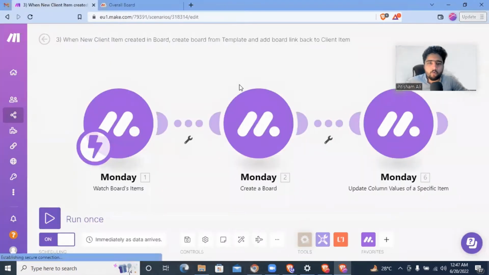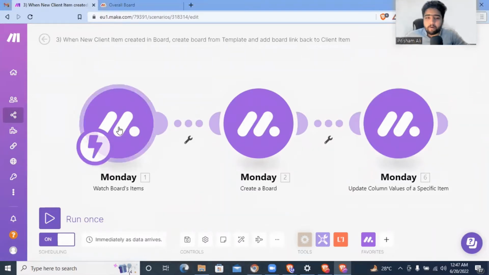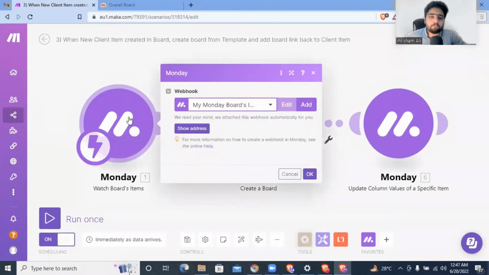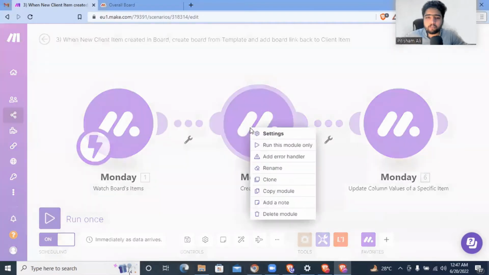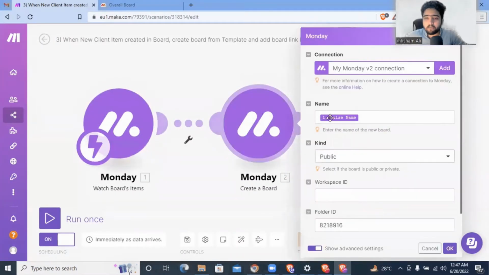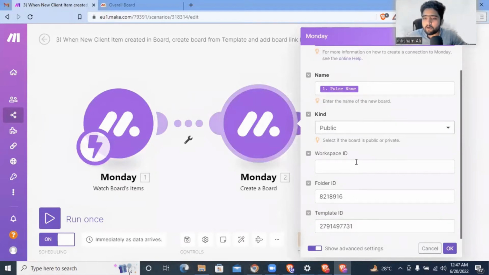And now if I move over, this is the Integromat scenario that we built. It's based on Monday watch items, watch Monday.com items. Let's say whenever a new item comes in, we need to be just calling a webhook, by the way. So whenever a new item comes in, we'll go take it from there, and then we're using the create a board module here, and you get the action here. So based on that, we are just picking that action, the pulse name, the name of the item. We are just taking it as the board name here, create a new board, and we are using workspace IDs,